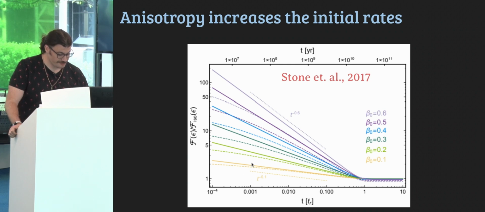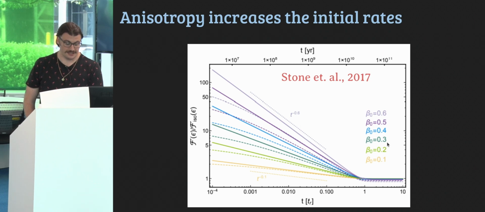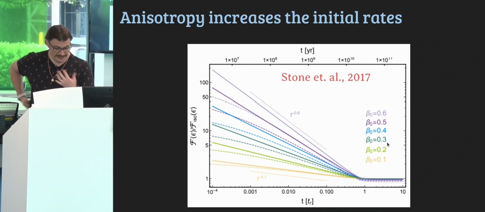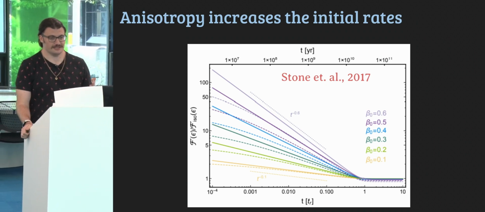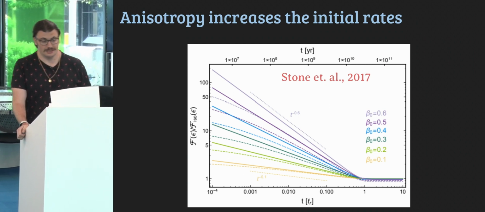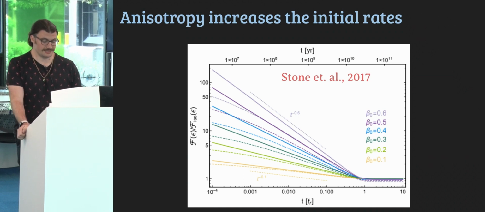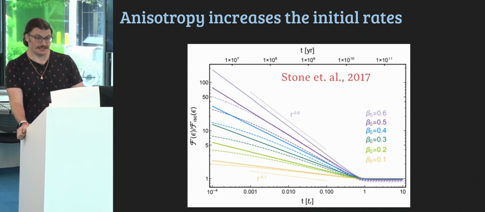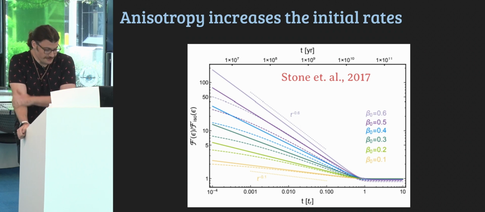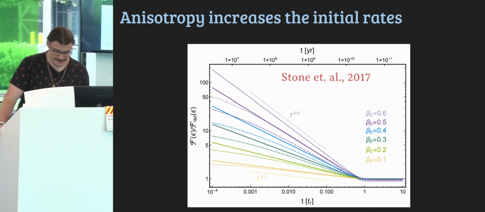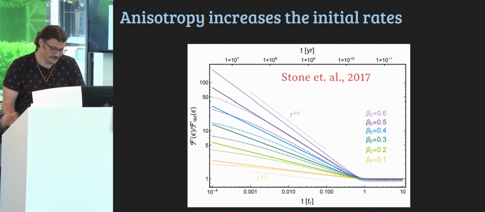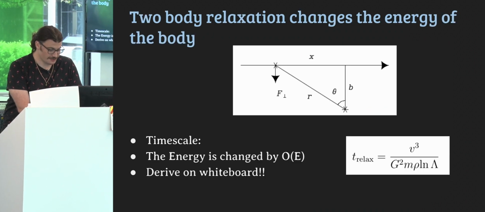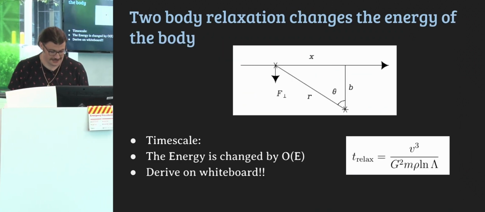But maybe you've noticed that as you increase the anisotropy parameter, you are actually having a faster diffusion, and it takes a shorter amount of time to lose more stars. So the rates can be enhanced if you have some anisotropy. I think that was one of the toy models for this thing. Now we can go to this loss cone business, and I think the idea is